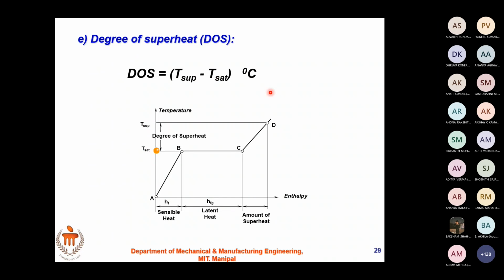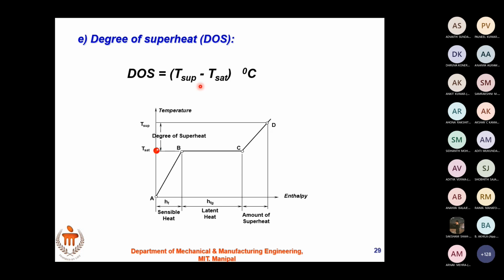This should be G, right? Which one? This is not E, ma'am. This is G. Please don't worry about this. The slides have been rearranged, that's why this is there. This doesn't carry any marks here. It will be E, F, G, A, B, C. Doesn't make a difference. What makes a difference is here, the degree of superheat. So DOS. What is DOS? T super minus T saturation. I will change these things before uploading in the Teams.